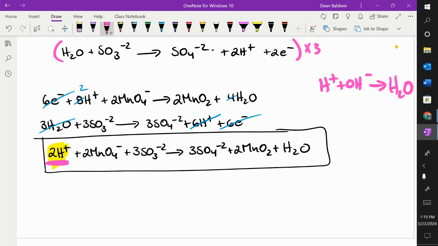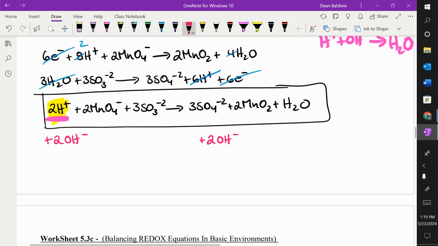Okay. So we have two protons we got to get rid of. So I'm going to make an equation. I just write it below. You just go 2 OH minus on that side. And what you do to one side, you have to do to the other side. So 2 OH minus. So what's going to happen is these two protons and these two hydroxyl groups will form two water molecules. So the new equation is going to be